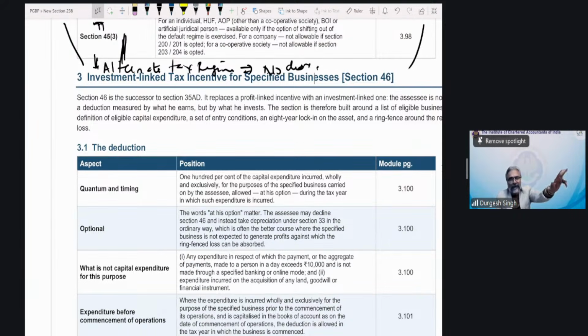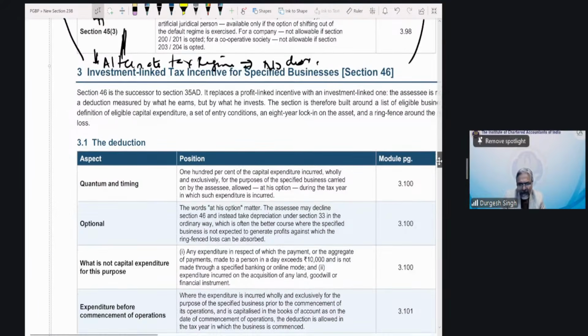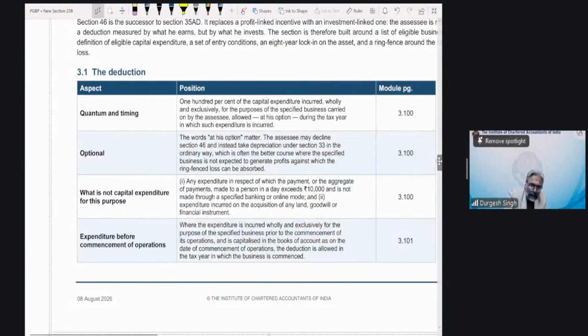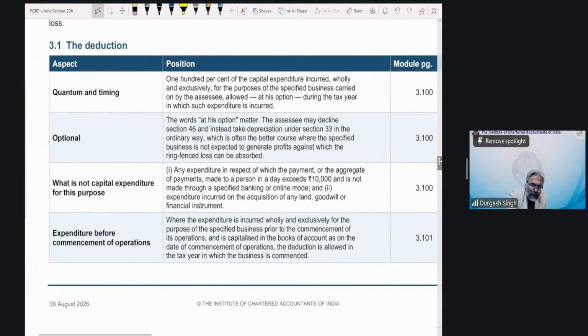Of that, you get 100% deduction. So ultimately, students, you get the quantum and timing. If you see over here, it is only a list. Over here, students, if you see quantum and timing,